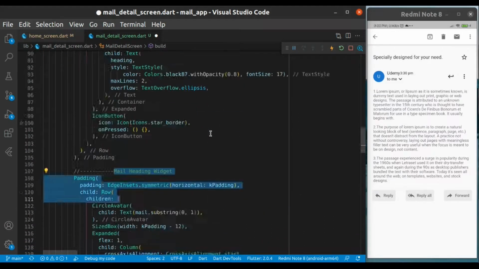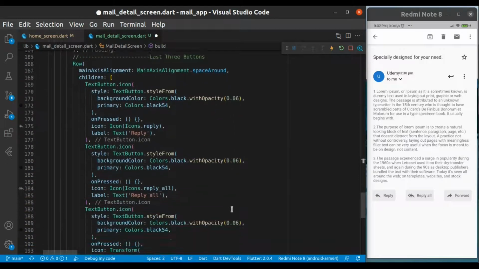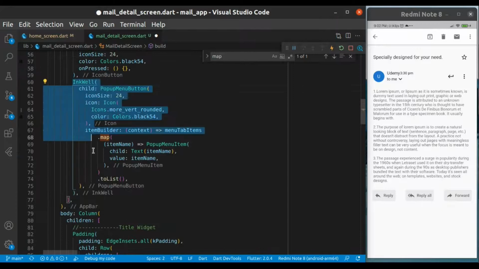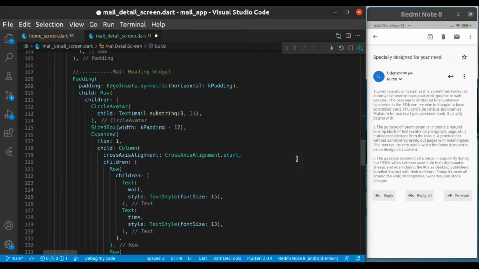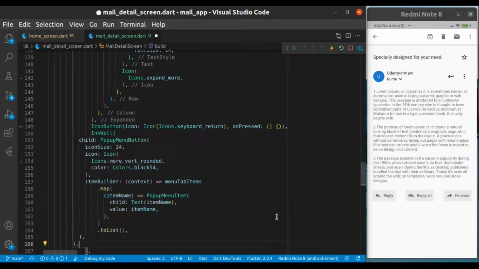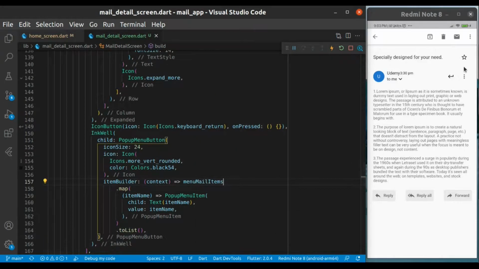We just change the values, and now just on top of this, this will open it. Just copy it and paste it on the vertical dot bar, more vertical. Now it's done. Just change the list item. Yes, it's working good.